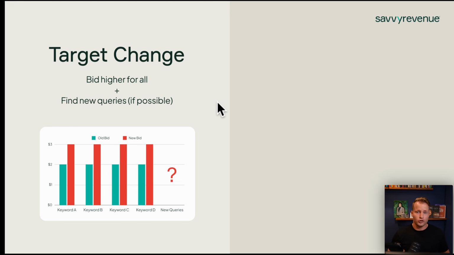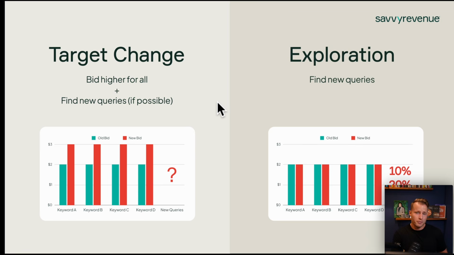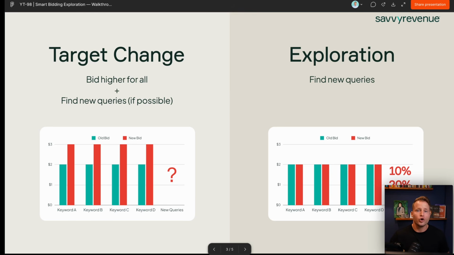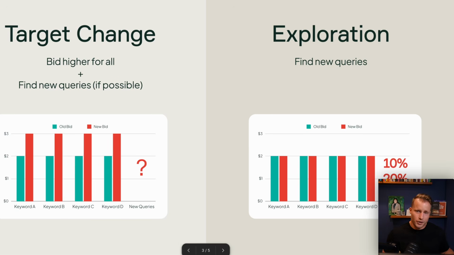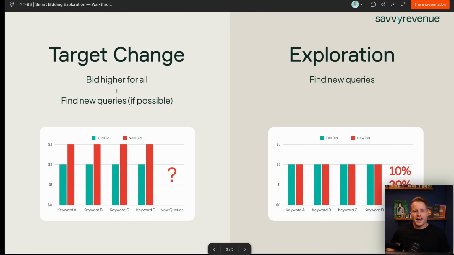Now, we used to have to lower our ROAS target to trigger an exploration mode. However, with smart bidding exploration, we can tell it not to increase the bids for our existing auctions, all the existing search query categories that we're in. Instead, go in and increase the bids for new queries, using 10%, 20%, 30% of the ROAS headroom, and go spend it on finding